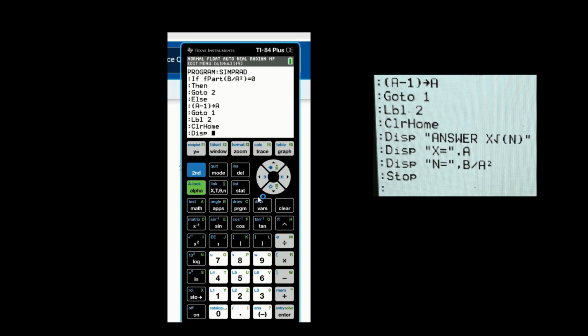And then we are gonna be pressing, after the display, alpha plus sign, plus sign, and then we will press second shift A lock.